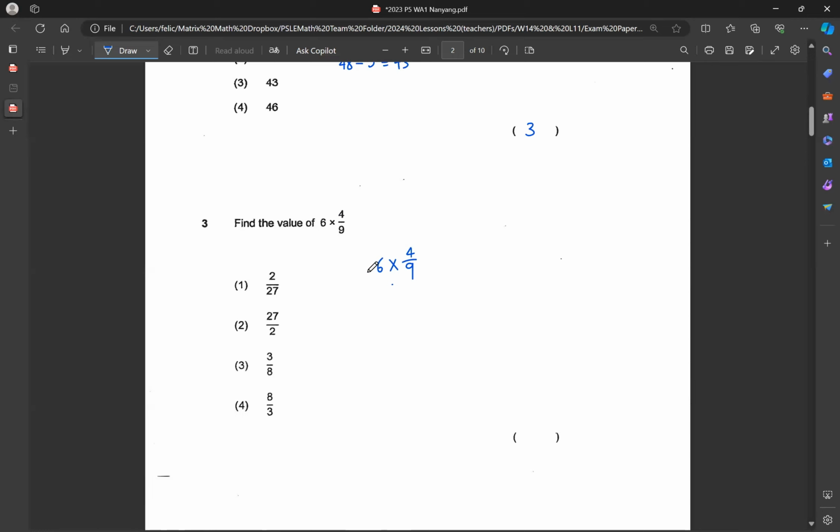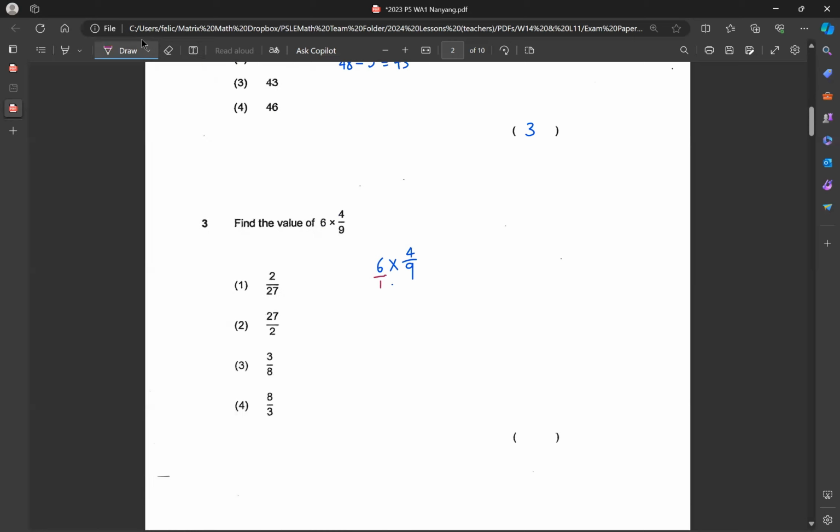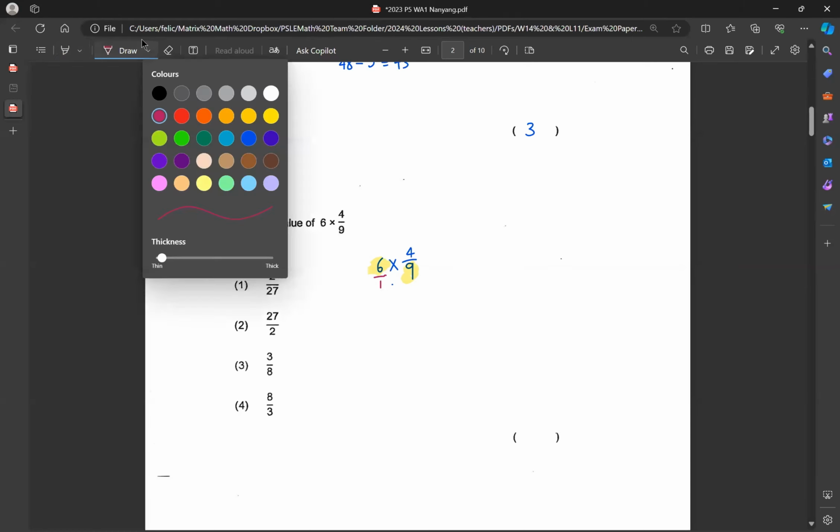So how do you interpret the 6? If you're not comfortable with seeing it this way, you can rewrite 6 as 6 over 1. So 6 is 6 over 1 as a fraction. Then diagonally, if you want to do the cancellation, this is how I check. Compare 6 and 9 to see if they both can divide away by a certain common number. You notice 6 and 9 both can divide by 3. Since 6 and 9 both can divide by 3, I am going to divide 3 away from each